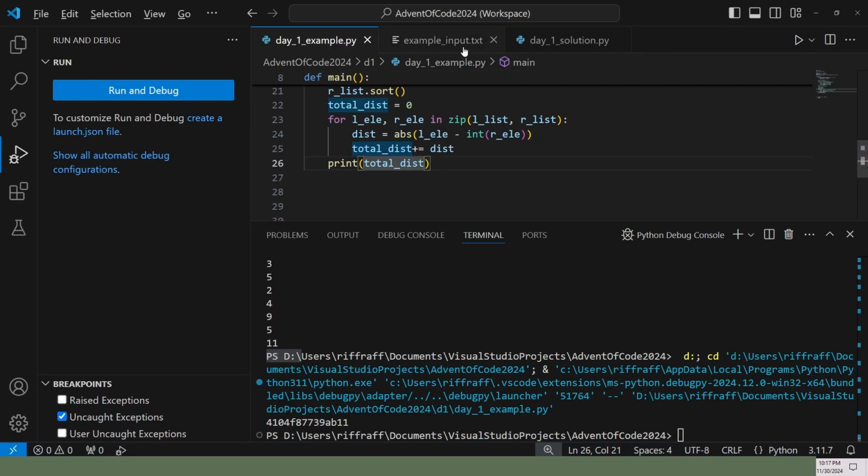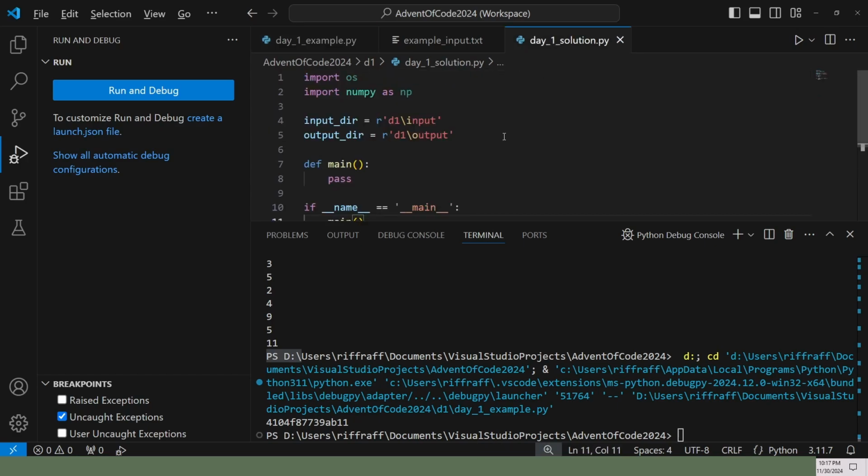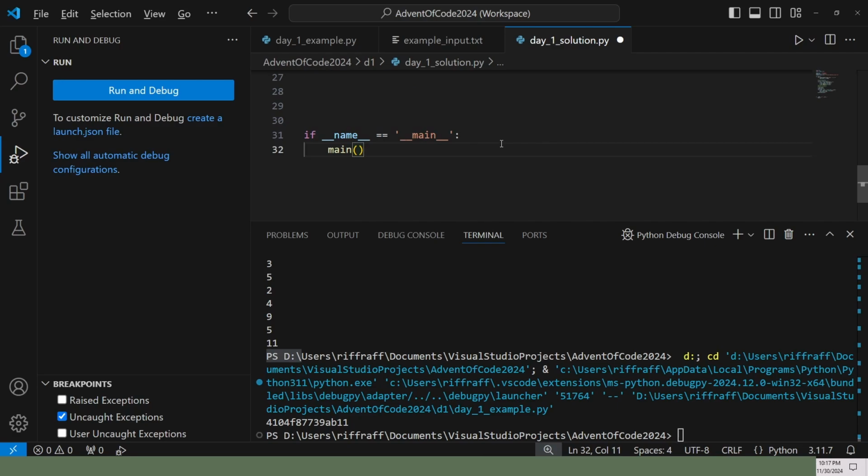Well, we feel good about 11. So we are going to use this as our starting point.